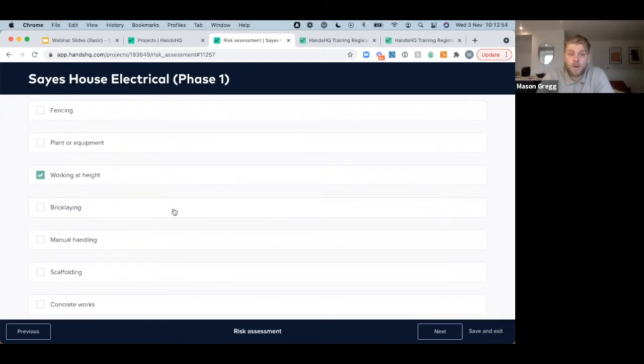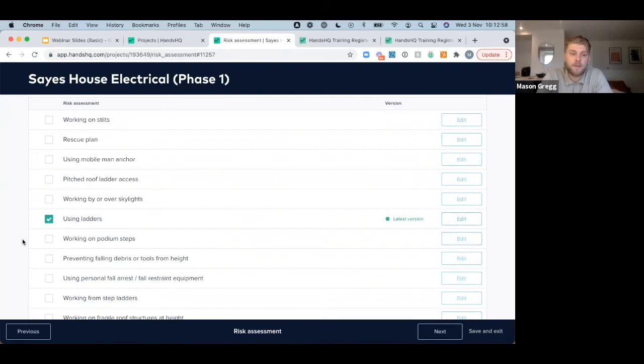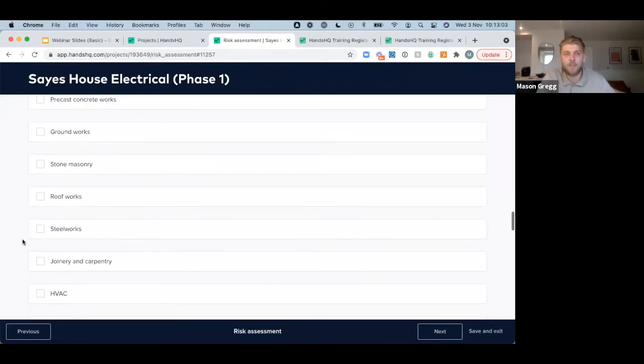So if we wanted to go into working at height, for example, we've got a whole bunch of different risk assessments for working at height. So let's say we're going to be using ladders, got manual handling sections. Yeah, I appreciate some of this information may not be relevant to you at all, but once again, we can